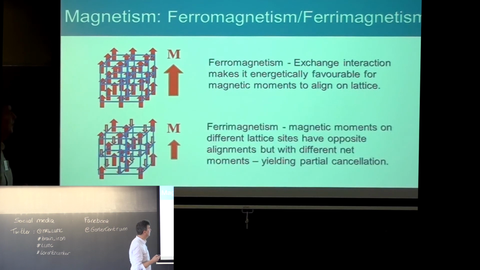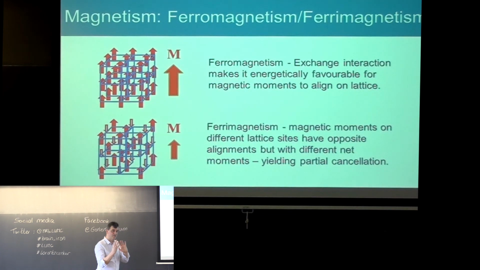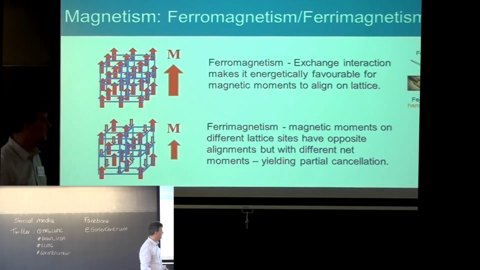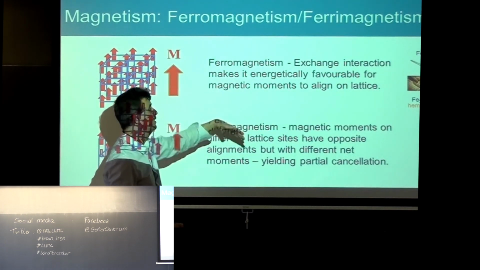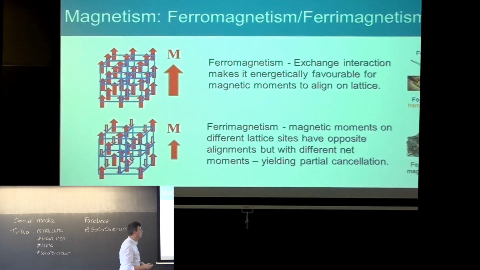You can also have ferrimagnetism, where you have maybe different sites on a lattice with different strengths of magnetic moment atoms on the different sites, and that gives rise to similar sorts of effects but a bit weaker in magnitude. So I mention that because obviously iron we know is ferromagnetic, hematite, rust is also ferromagnetic, whereas another oxide of iron, magnetite, is